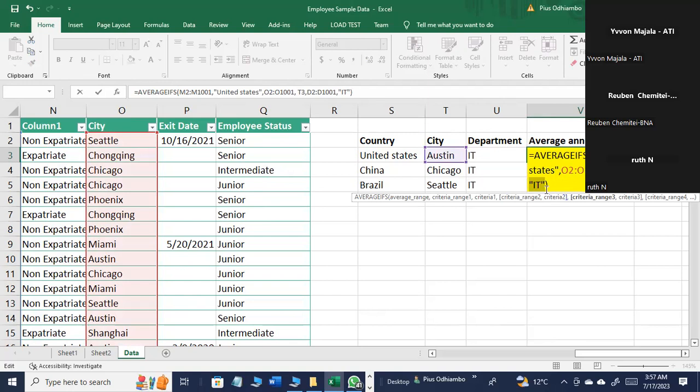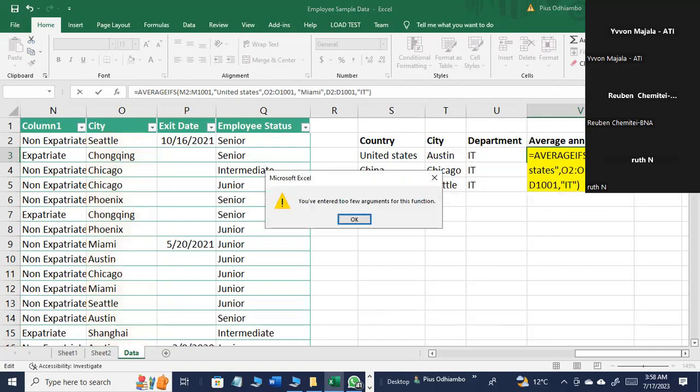We have, yeah, because this is also a text. This should be, maybe we can say Miami. Miami is one of the cities. And now,